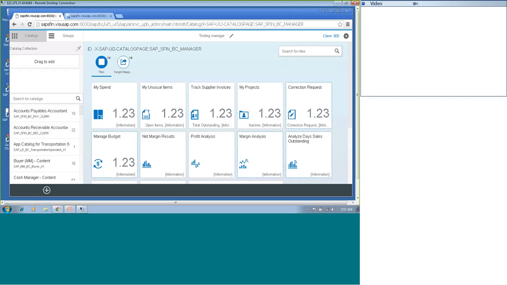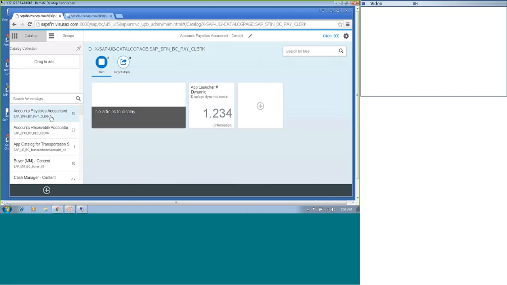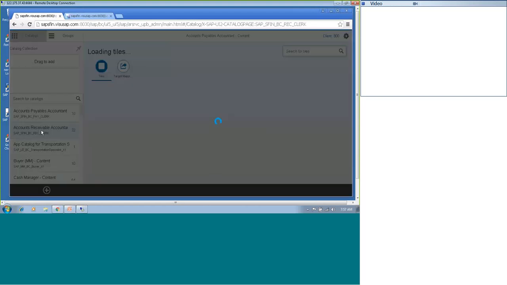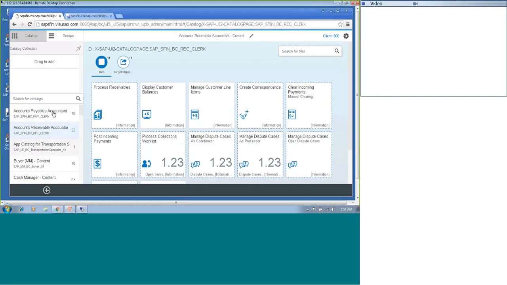So the principal conditions are accounts payable, accounts receivable. Here they mention the catalogs and all, everything. And again, which integrates to Fiori.